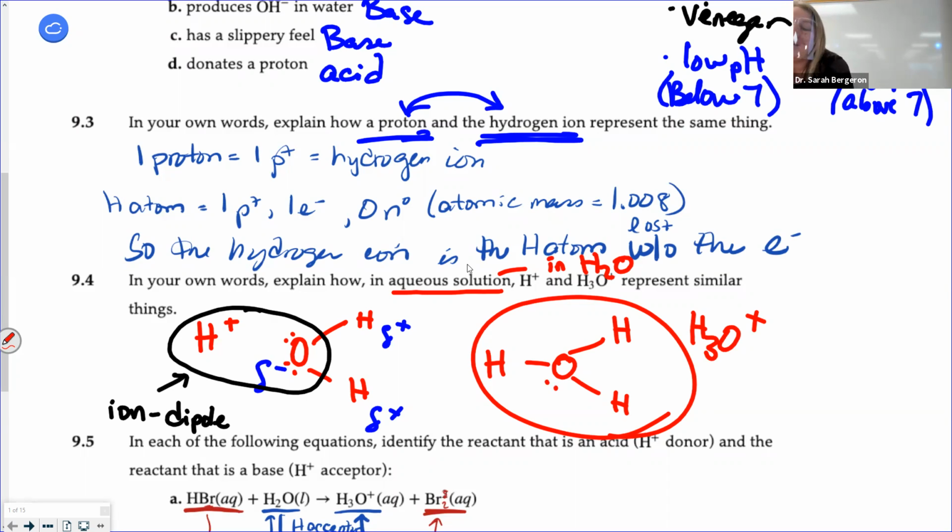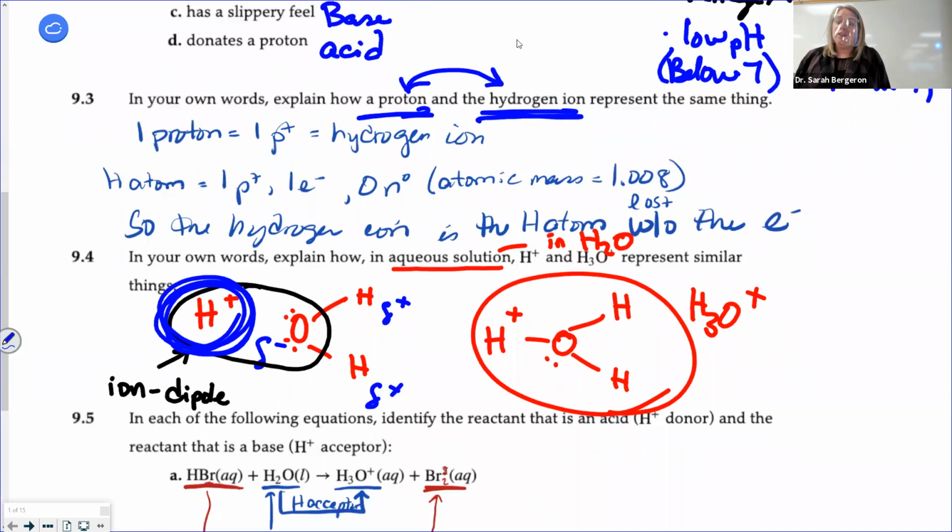So you do have another lone pair still on there. And you can put a plus there. It's a full positive. It's not just a dipole, it's a full positive. So hydrogen ions, these guys don't exist. We pretend that they do, but they don't really exist all by themselves, because if they're close to water, they're bonding with water. They love water, right? So really we have H3O+. So anytime that you're in solution and you make hydrogen ions, you could also say H3O+. It's the same thing. Okay.